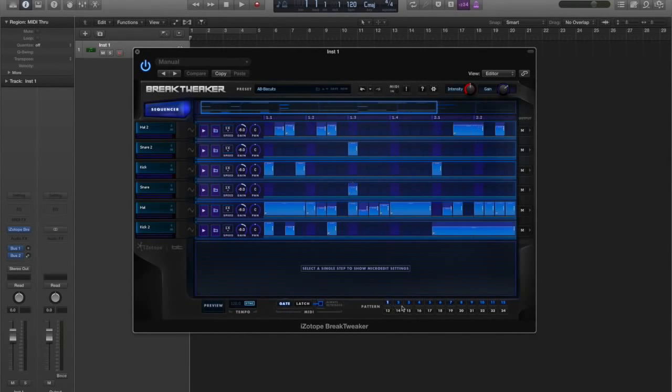So you can start with an intro and then progress the track and build a track along 24 parameters here. If we look at pattern 1 and hit the preview button,